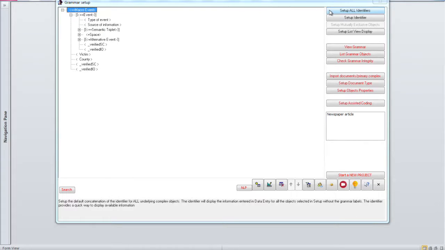Here is a short introduction to the structure of PCAs. This form allows you to set up a new grammar. By grammar, we mean what in content analysis is known as the coding scheme. For example, the set of categories or objects in PCA's language into which to record information taken from a set